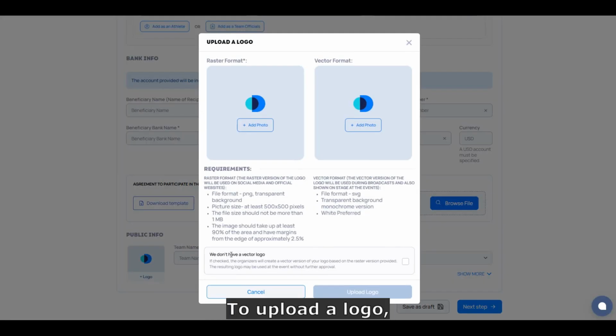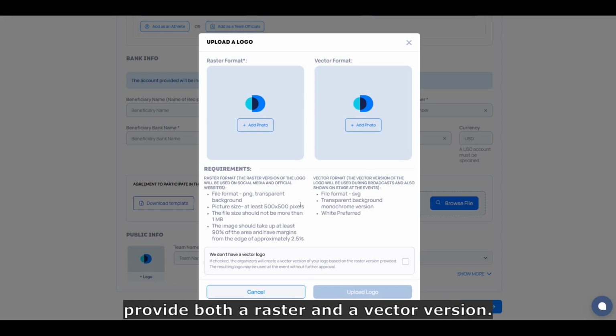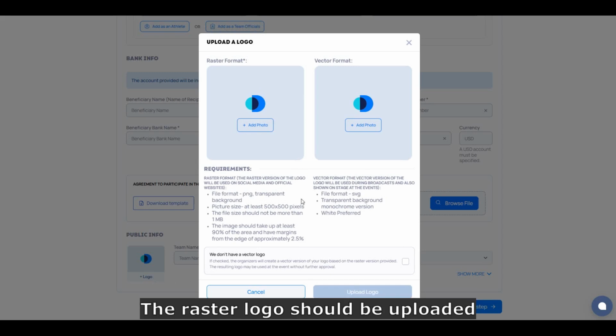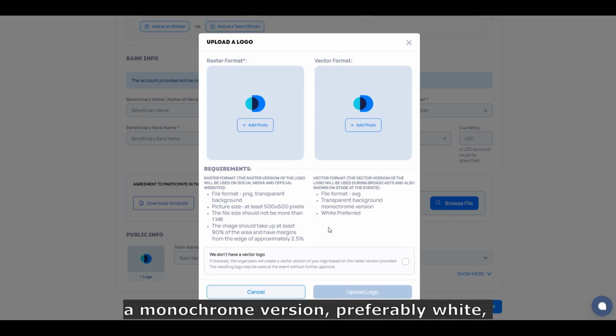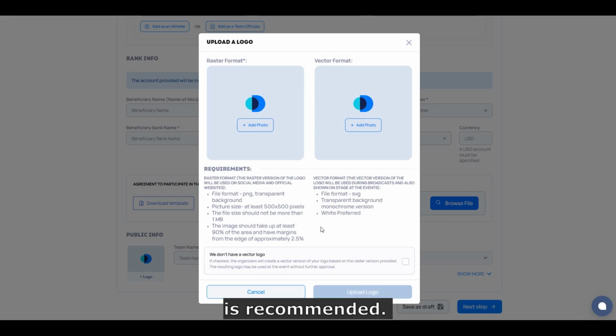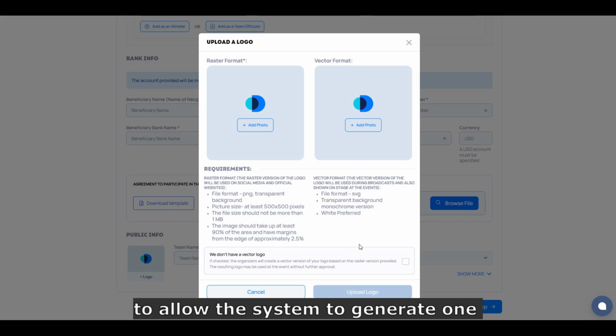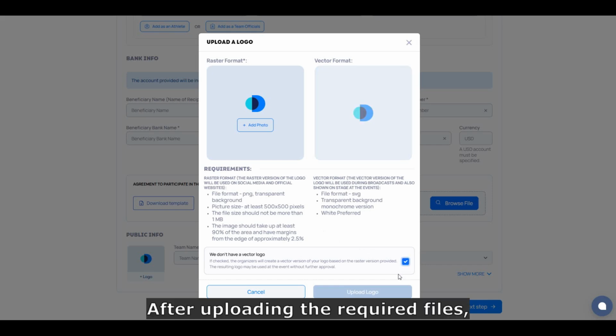To upload a logo, provide both a raster and a vector version. The raster logo should be uploaded in PNG format with a transparent background, a minimum size of 500 pixels, and a file size not exceeding 1 megabyte. The vector logo should be uploaded in SVG format with a transparent background. A monochrome version, preferably white, is recommended. If a vector version is not available, select the corresponding option to allow the system to generate one from the raster logo. After uploading the required files,